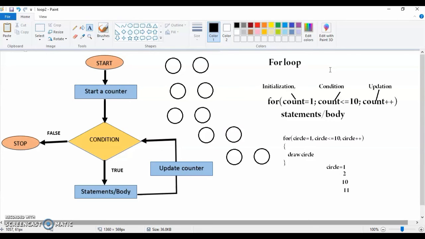Now the difference between the while loop and do while loop, where do we use them? If we want that the condition should be checked, and only after checking the condition the loop should execute or the work should be done, then we use while loop. And if we want that the statement or the work should be done without testing the condition, in that case we use do while loop. I think it's been clear to you.